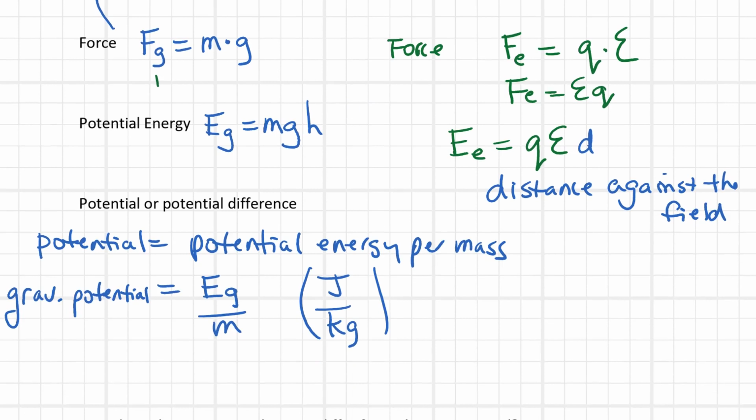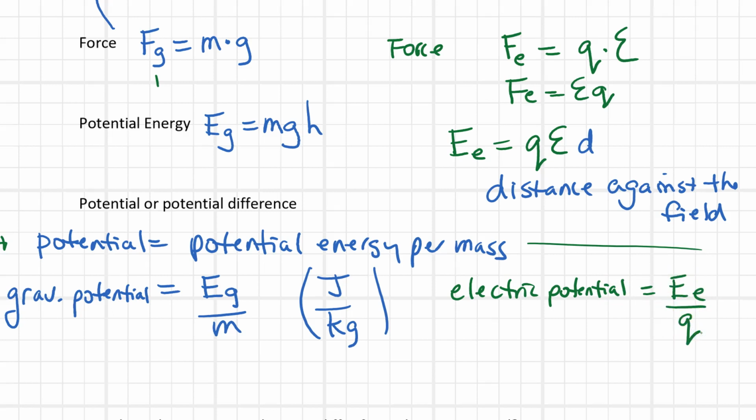Can you try to do the same thing now for electric? So again, this line will be exactly the same, so that can go all the way across. But here, instead of gravitational potential, it's going to be electric potential. So see if you can solve that. Okay, so electric potential equals EE over, now not mass, but charge. And the units will be